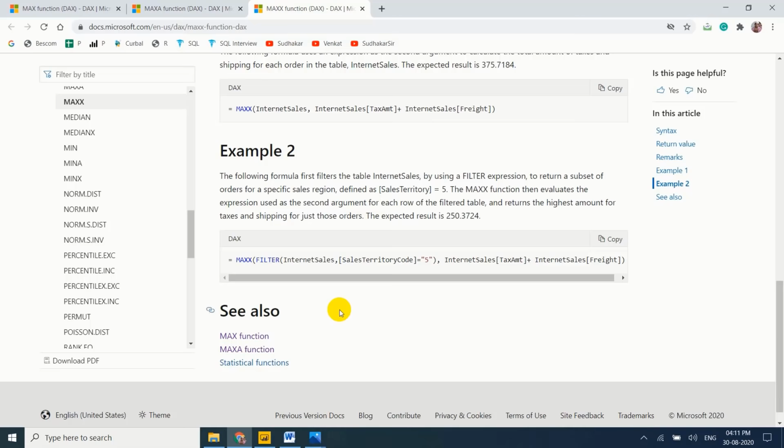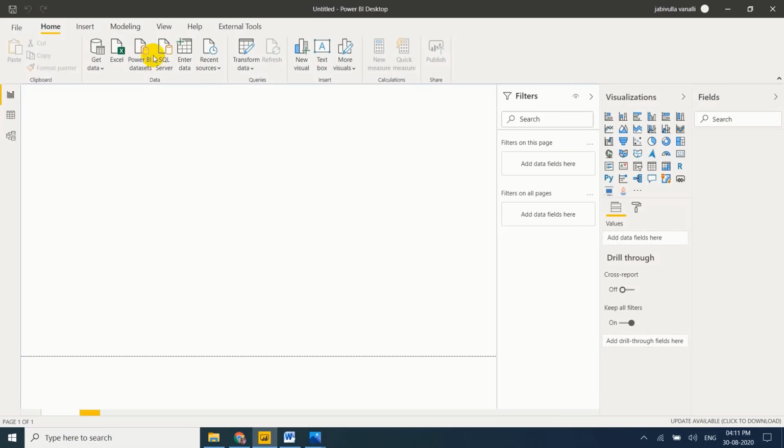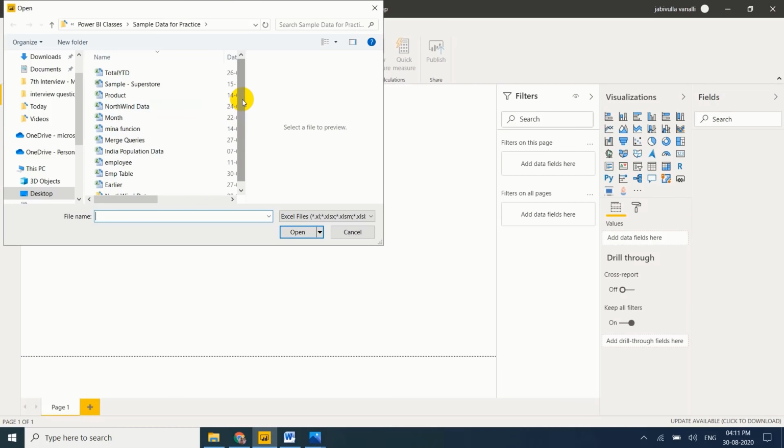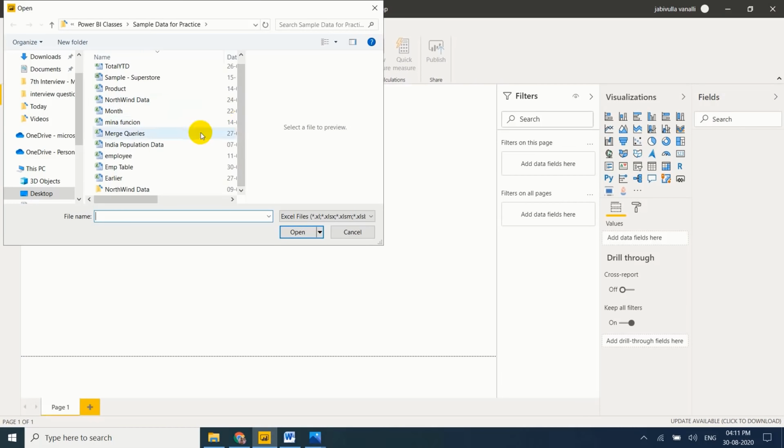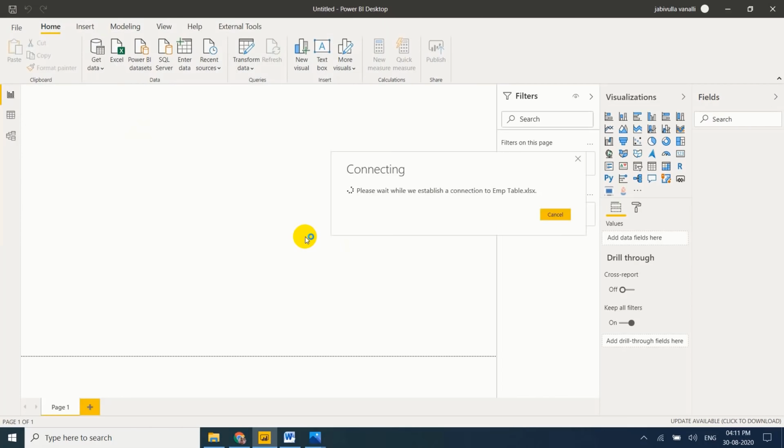Okay, let me go to my Power BI Desktop. Let me take simple data. So I am taking the employee table.